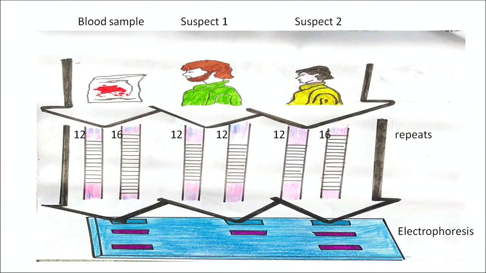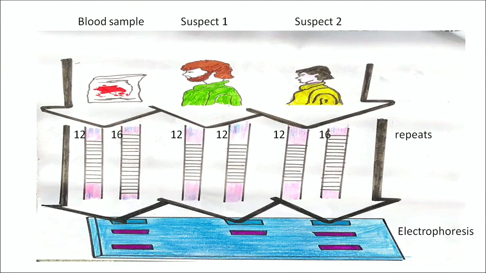And then we collect the DNA sample from suspect 1. We run it on a gel electrophoresis. In that we got only 1 band. And then we run the DNA sample collected from the second suspect, and as we can see clearly, the DNA sample of the second suspect matches with the DNA sample collected from the crime scene. So we can ascertain that suspect number 2 is actually the person who has committed the crime.